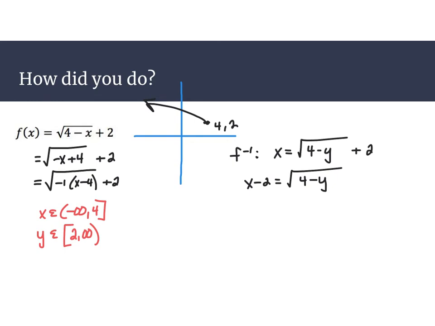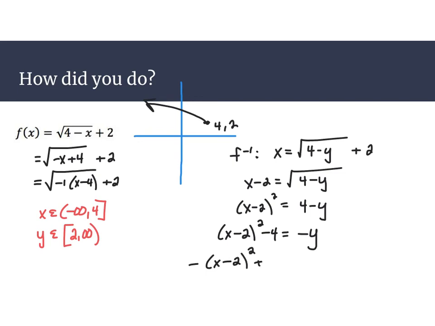Then we want to get rid of that square root, so we're going to square both sides. We want to next move the 4. It's positive on the right, so it becomes negative on the left. Now we want y by itself, so we're going to divide both pieces by -1. That -1 is going to go on the outside of the square. So using the appropriate notation,